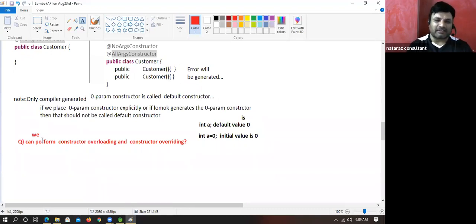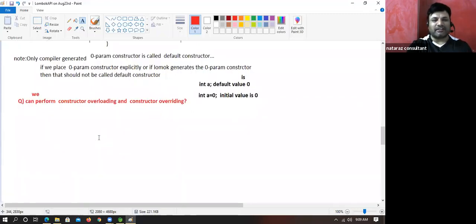Because in subclasses, the constructor name will change, because the constructor name is always the class name. The subclass name is different, right?